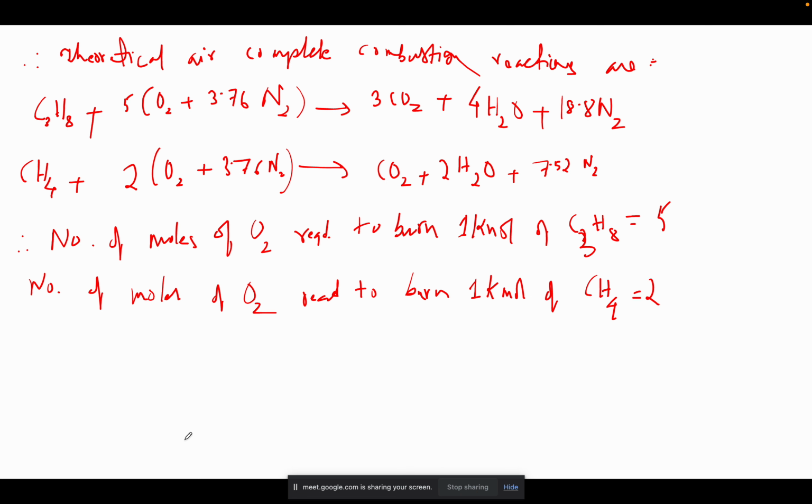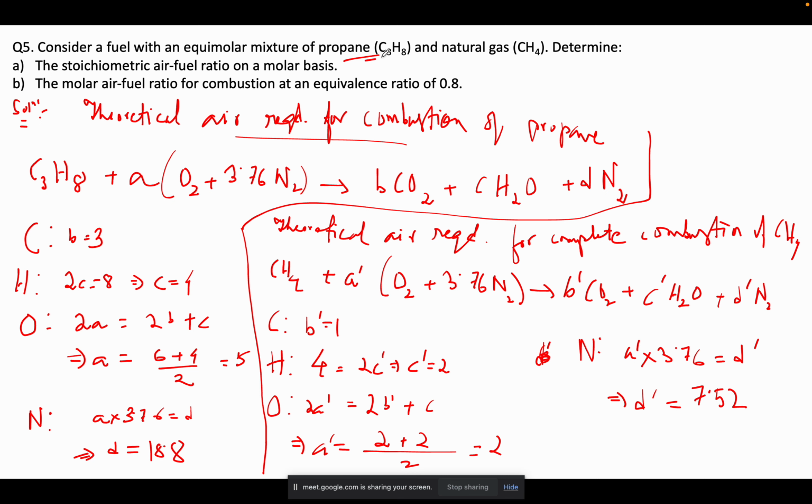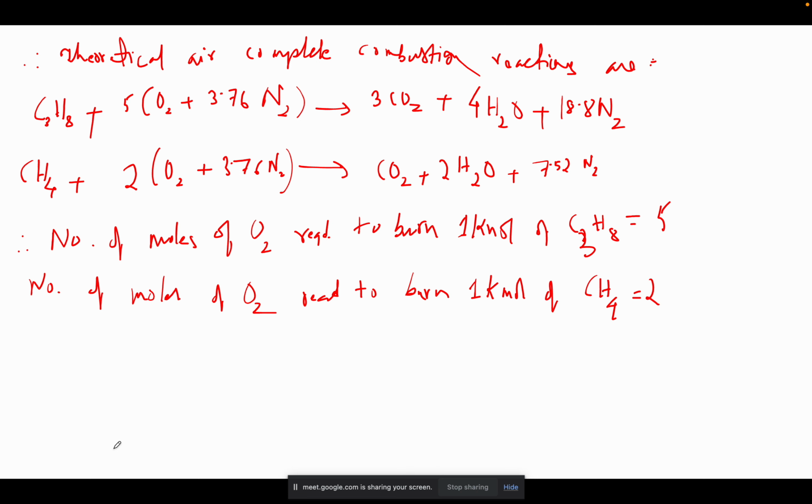Now what happens, in the question it is telling us that it is an equimolar mixture of propane and methane. So the number of moles of propane and the number of moles of methane are the same. Given that the fuel contains an equimolar mixture of